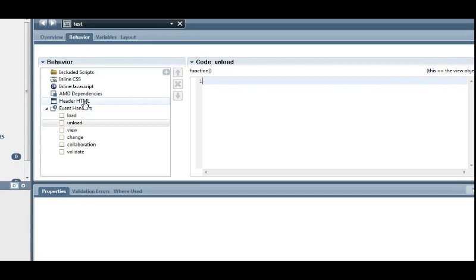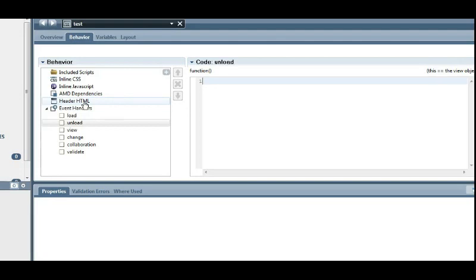Once the execution of the load event handler is completed, the script in the view event handler will start getting executed. This plays an important role in constructing the look and feel of the coach view. The script which can be used to form the coach view can be placed either in the load or view event handler, or in both of them, based on the given coach view requirement.